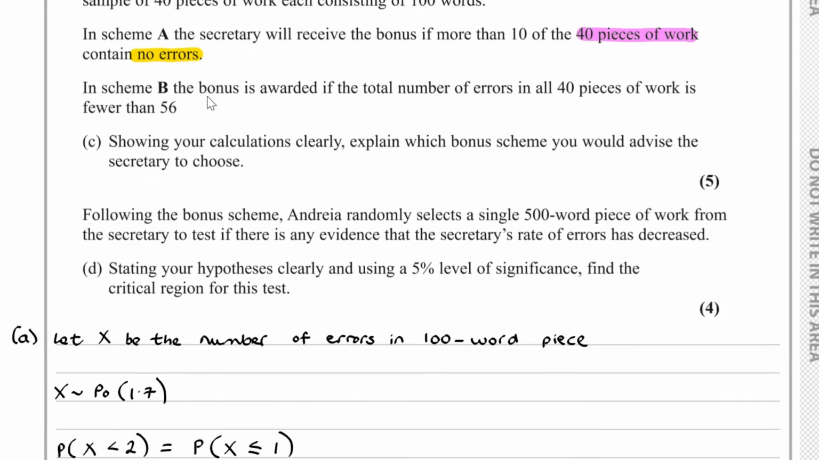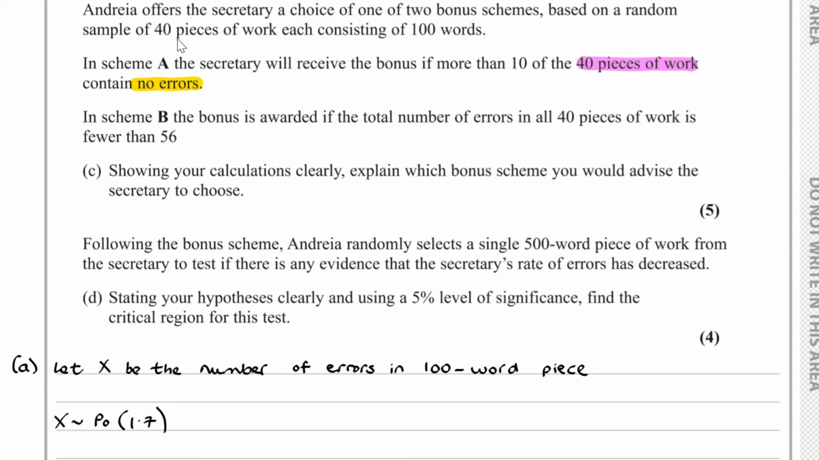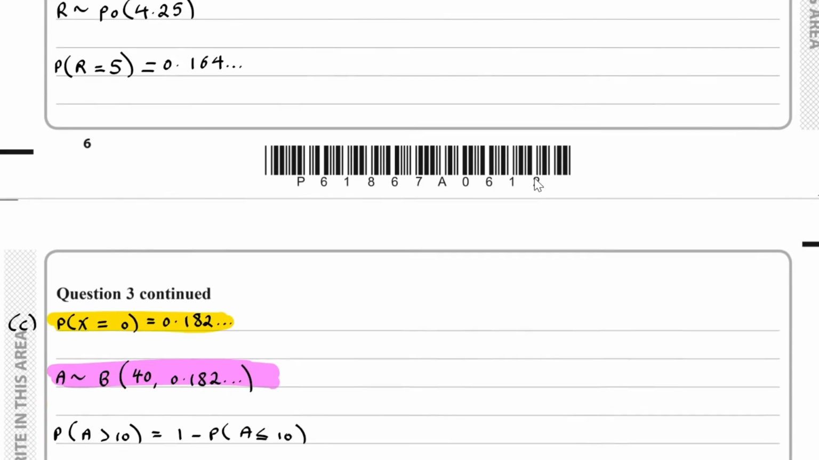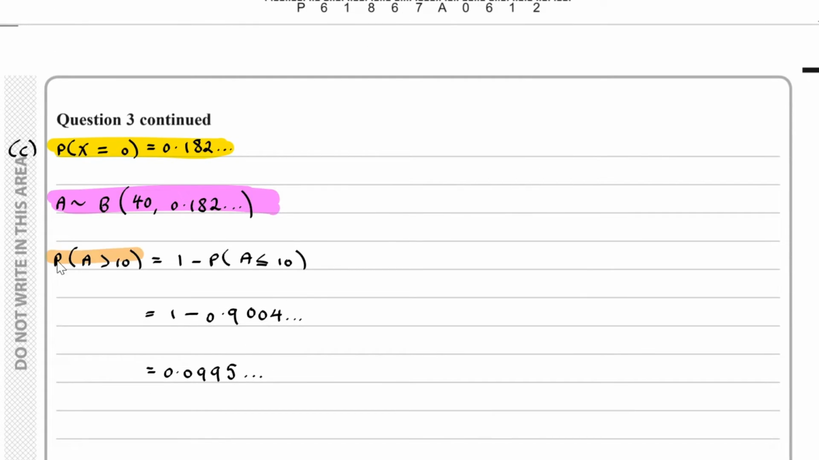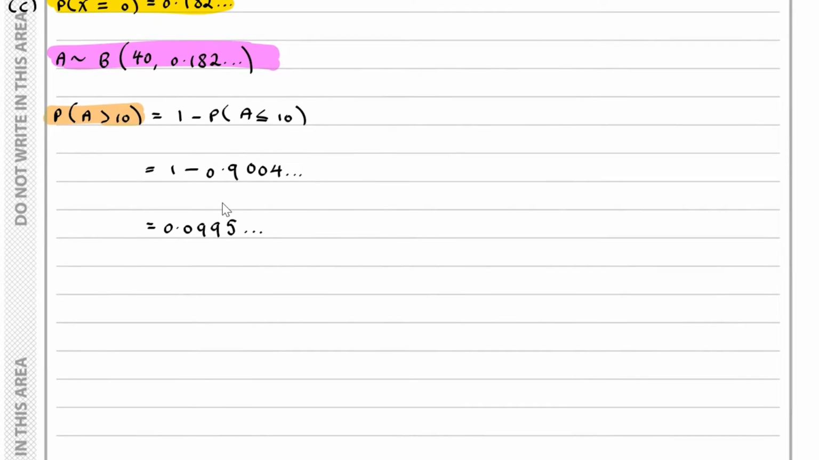Obviously, with our sample of 40, picking each of those 40 will be independent of each other, and then we're looking at more than 10. So here we're looking at the probability that A is greater than 10. Okay, so that's with scheme A. With scheme B, however,